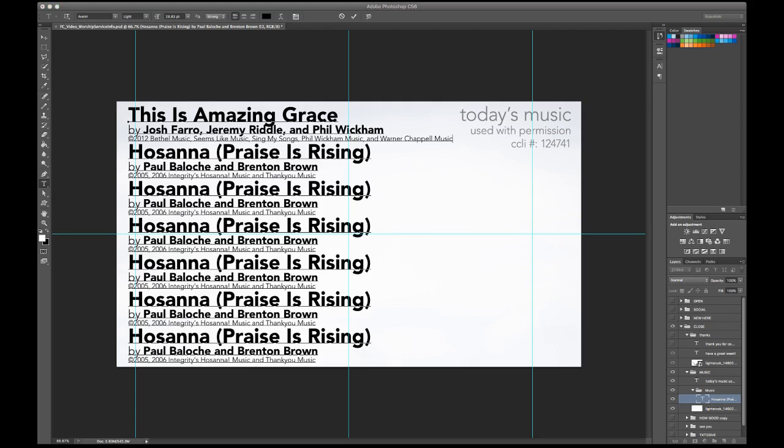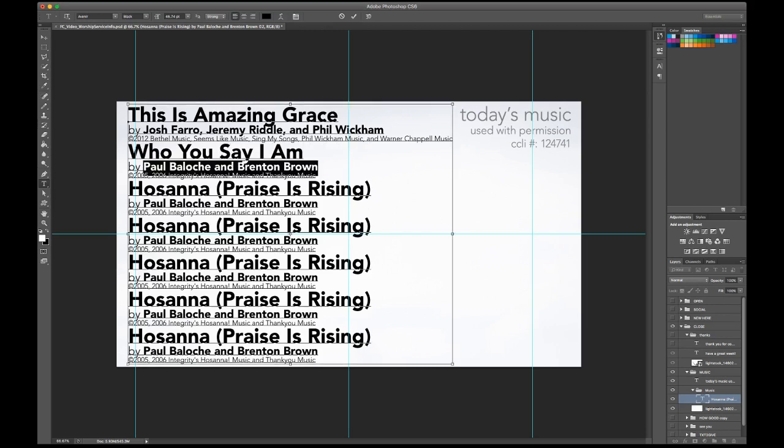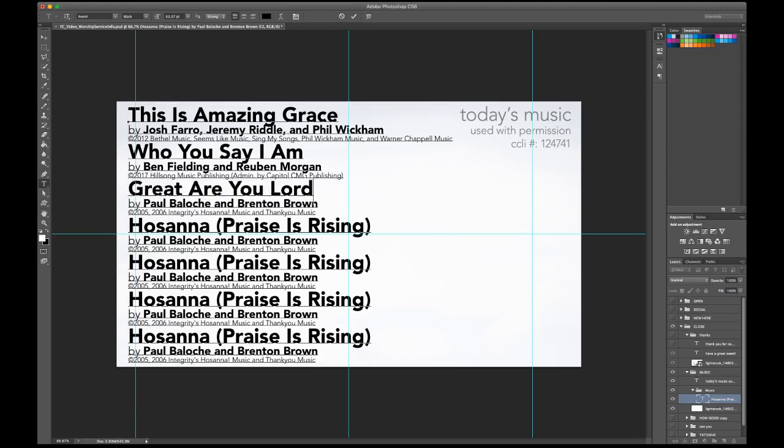So This Is Amazing Grace is done. Now moving on to our second tune, which is Who You Say I Am. Get the authors from that, and copyright information here. You can see I've got this kind of grid and guidelines happening. It just gives me a little safe zone. Also gives me a good vertical and horizontal center, and that'll come into play in just a little bit